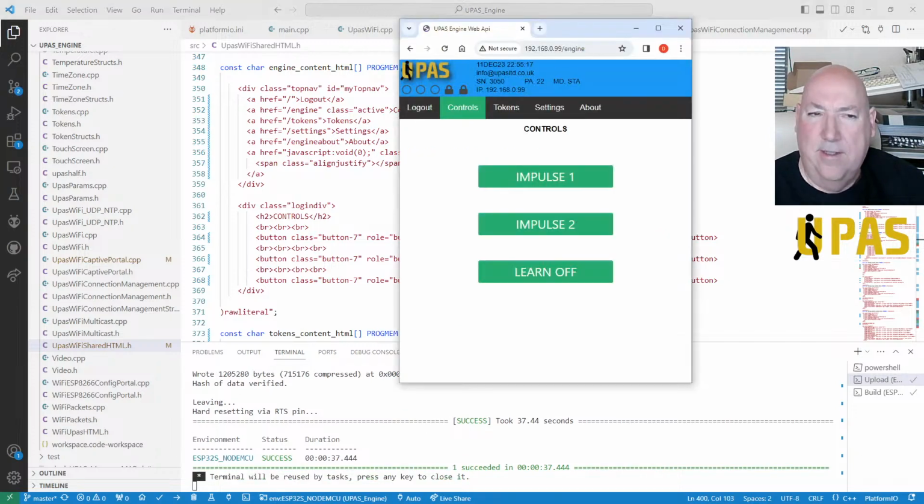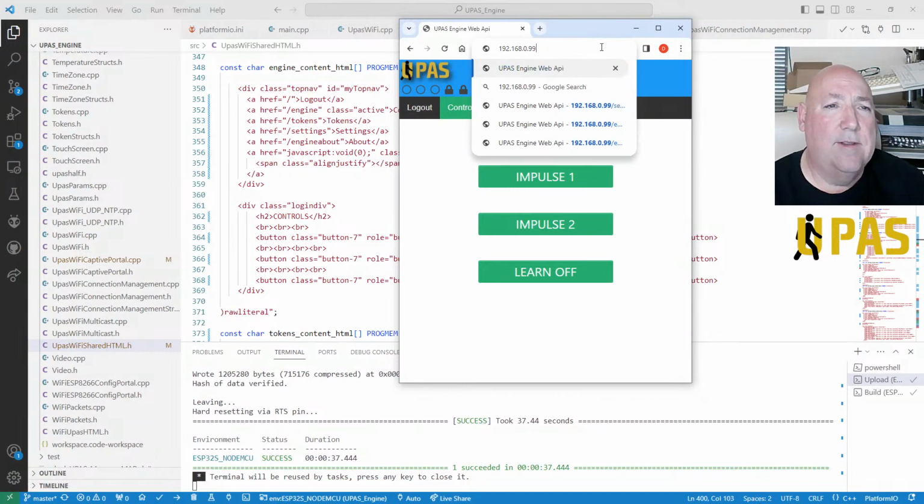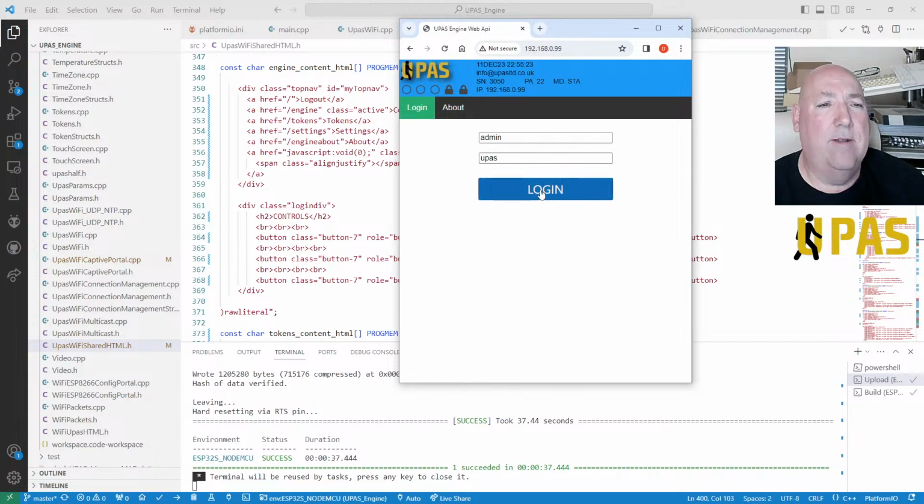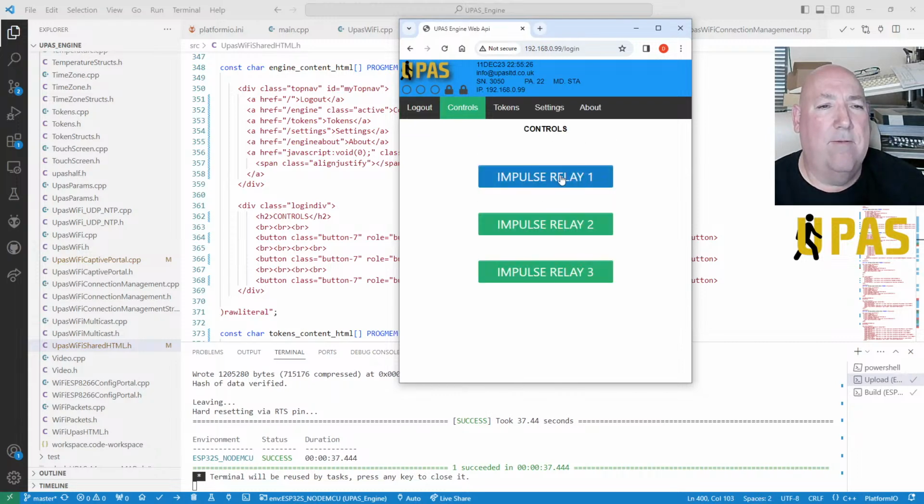There's already tokens in the list. Right, let's go back here. So we've got these up here. We log in. We've got relay 1, 2 and 3. If we click that one, we're going to do that one. If we do this one, it's going to do number 1 again, because we've told it to at the minute.